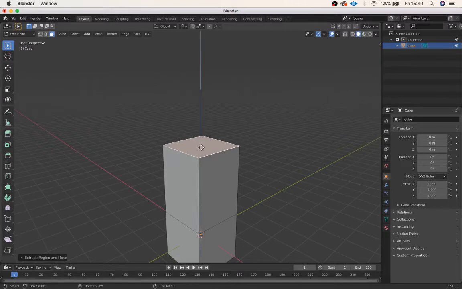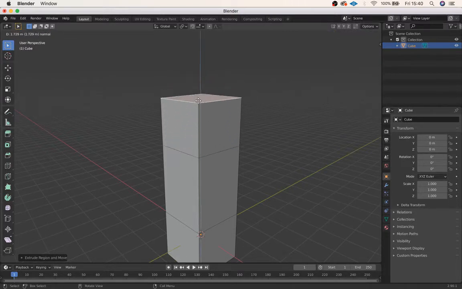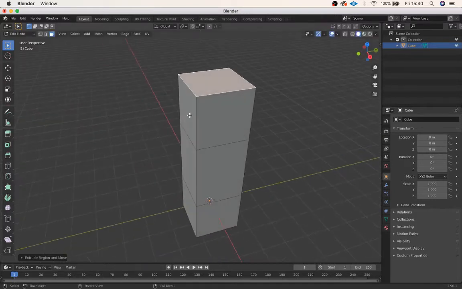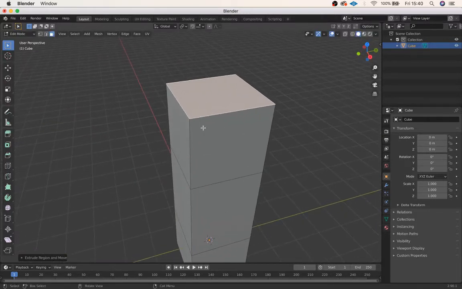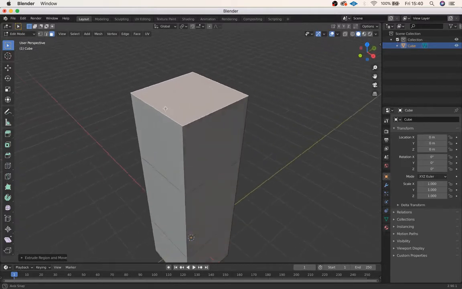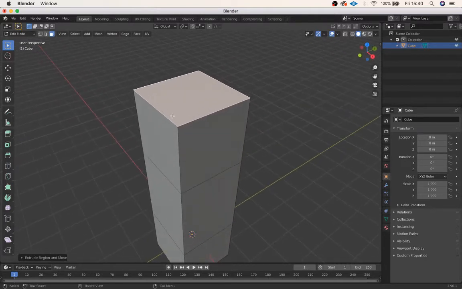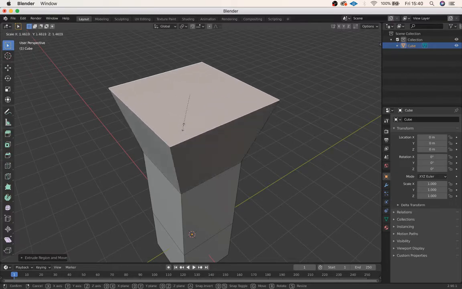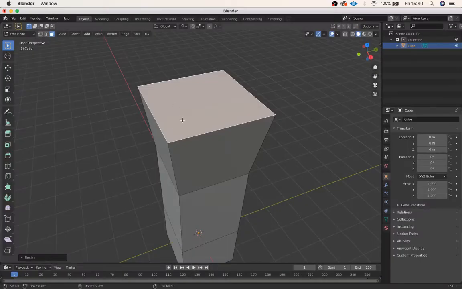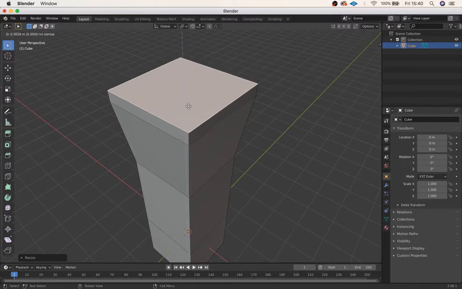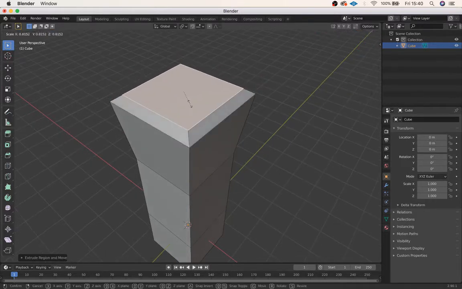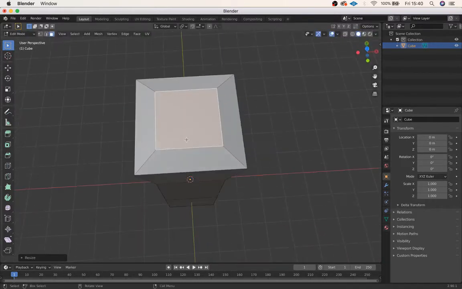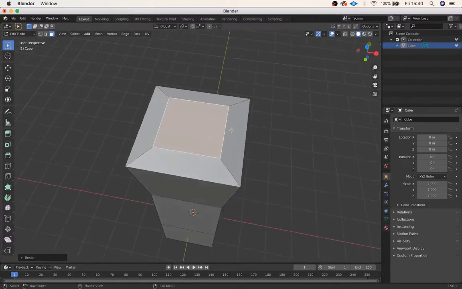Let's do it one more time. And you can see this time I'm going to go to around here, and I'm going to make it kind of cuff, like the edge where it joins the top of the hand. So I want this to kind of come out a little bit, flare out. So with the face selected, I hit scale, and you can see now I can make this larger or smaller. I now want to kind of go in to the hand, so E to extrude a little bit, and then scale it in. My hand is going to be thinner than the actual pose, so I want to drag this square and make it